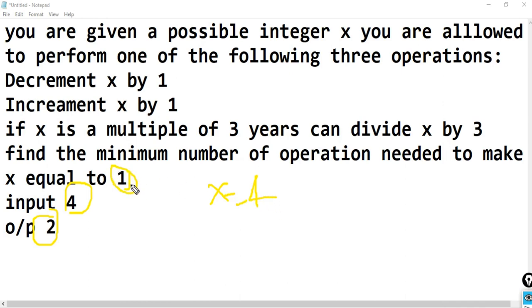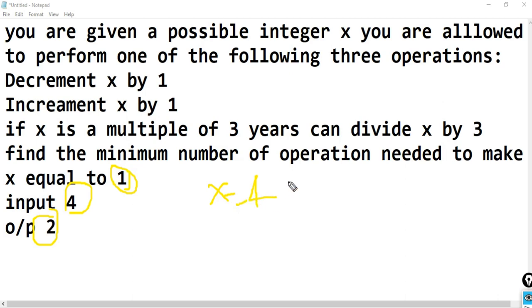To make it 1 we have three operations: decrement x by 1, increment x by 1, and divide by 3. When we divide by 3, if it is a multiple of 3, we get quotient 1, because overall in this question we have to make 1. Suppose the input is 4, then we have to make this x value 1.